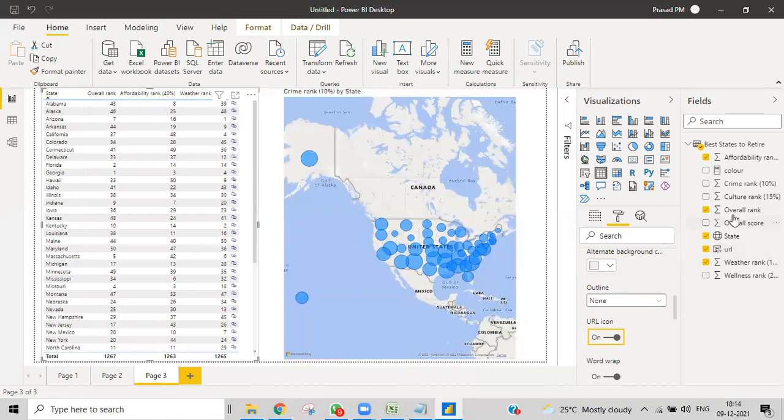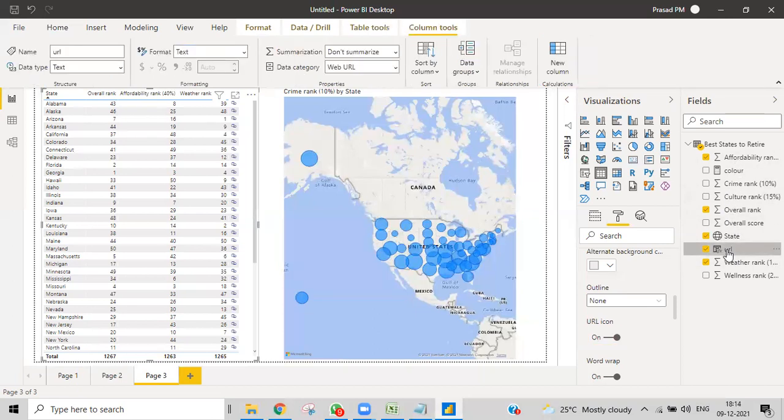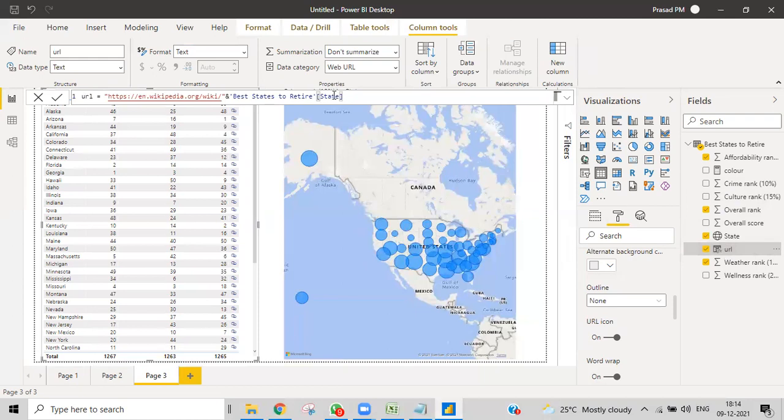How I created the column, right? Okay, URL column. Yeah, this is DAX code. Till now I hope you don't know exactly what DAX code is. What I've done is I hardcoded this part, which is the Wikipedia link, and after that I added the country name to that. So whenever I add the state name from Wikipedia, it will take us to that particular state.